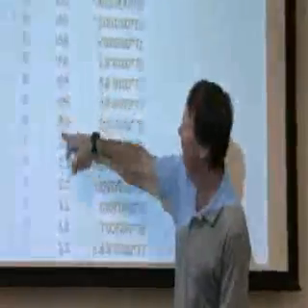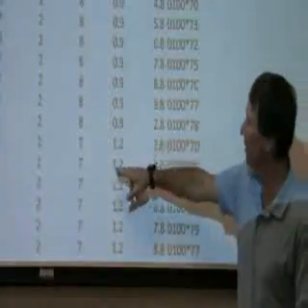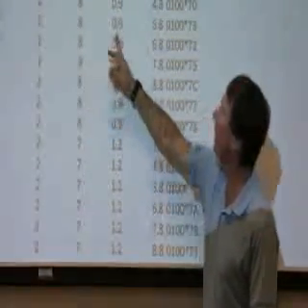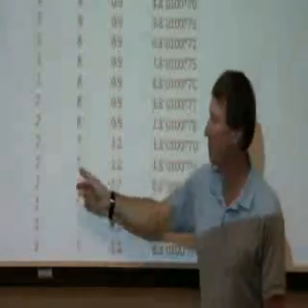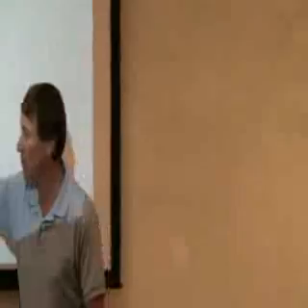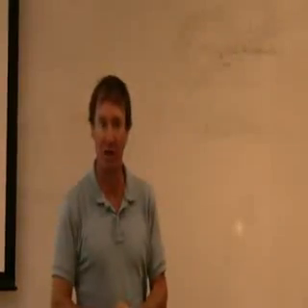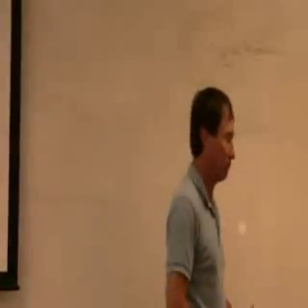My HDOPs are pretty reasonable. You can go through and average all your HDOPs. I'm not asking you to do that for this lab. But this is my HDOP, 0.9, 1.2 is good. The number of satellites looks good. And you can almost see that it corresponds: the more satellites I have, the lower my HDOP. As my satellite number goes up, my HDOP goes down, and as my satellite number goes down, my HDOP goes up. So this is all quality control checks, just to make sure the data looks good.